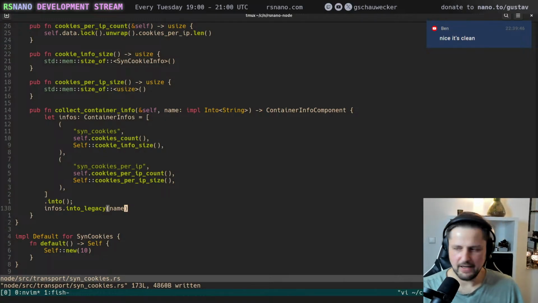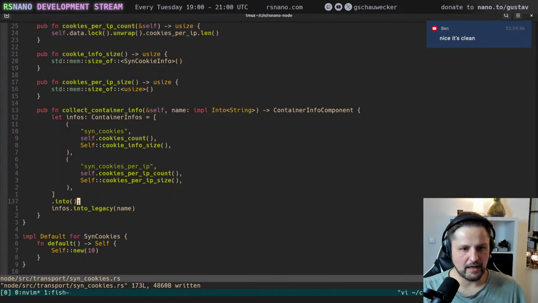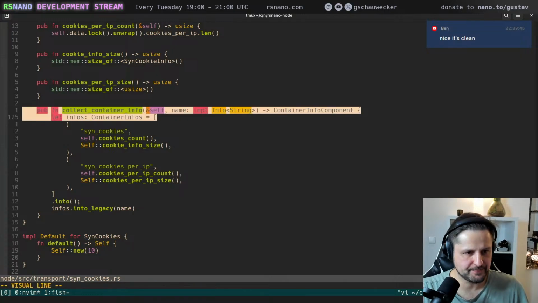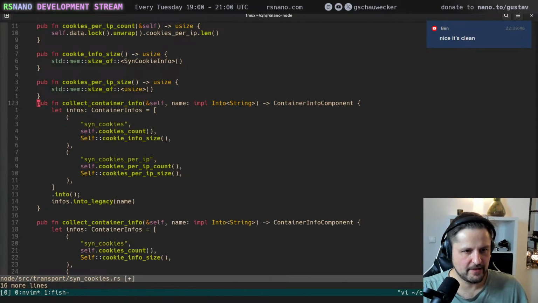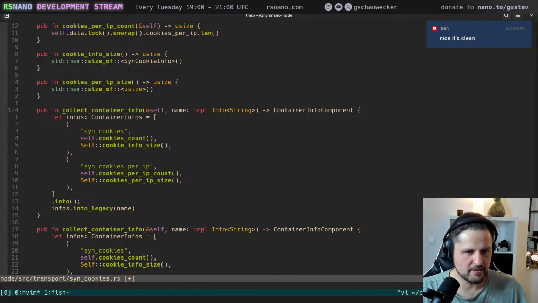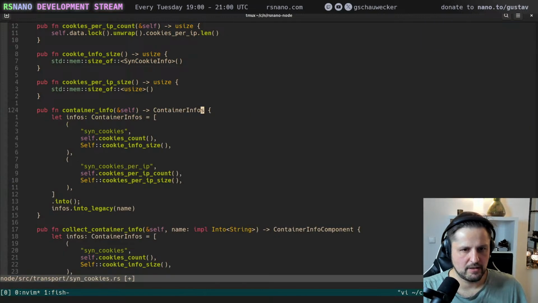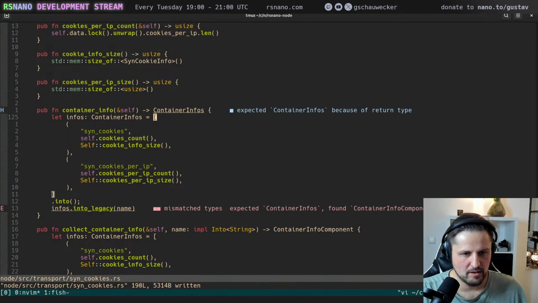Ben says, nice, it's clean. Yeah, it's just a little bit better than before. I mean, how it was before wasn't super bad, but the new style is just a little bit better. And so let's copy this function. Let's call this one container info. Remove the name. Return type is container infos. I want to rename container infos to container info when I've refactored all usages, but that name is taken right now, so I can't do that.